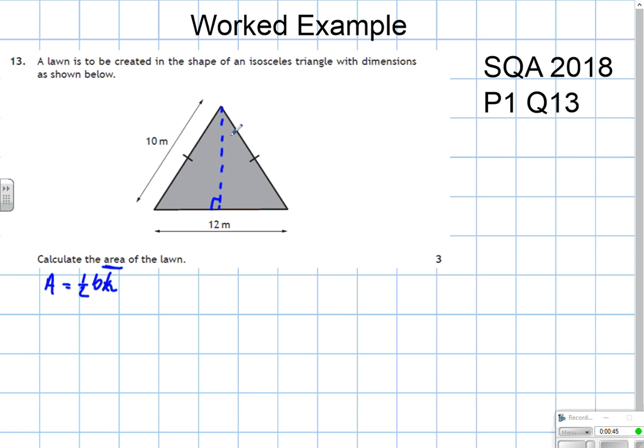Well, if you can see that I've got this shape here, where I've highlighted, there is a right angle triangle. I'm just going to draw it in blue. Okay. And if I take that right angle triangle, I can see now that this section here is an isosceles triangle. I know that's half the distance of the 12, so that is 6. So I've essentially got a right angle triangle